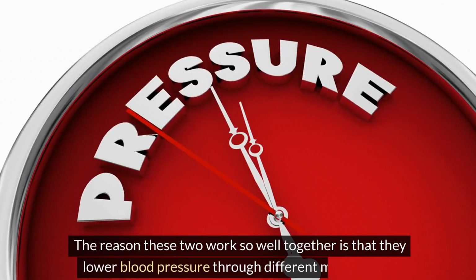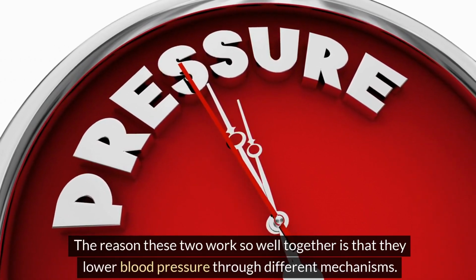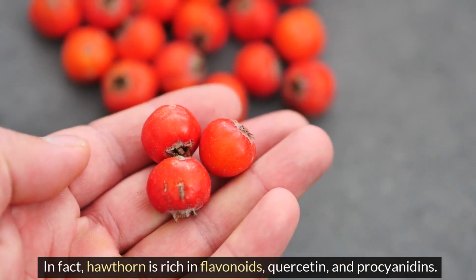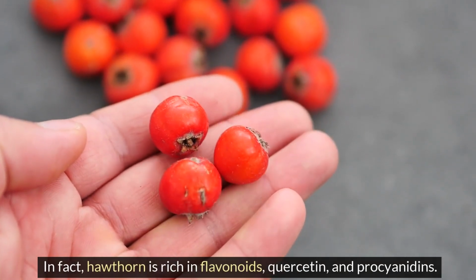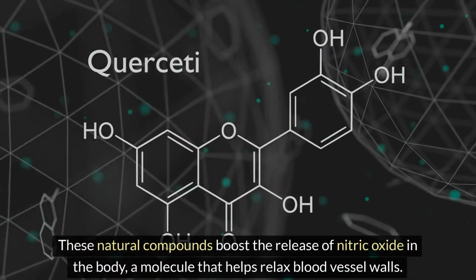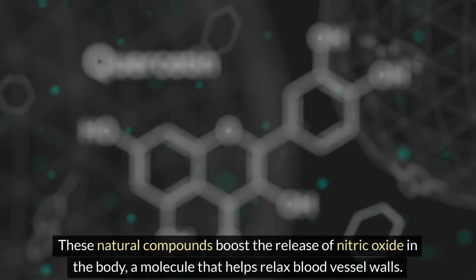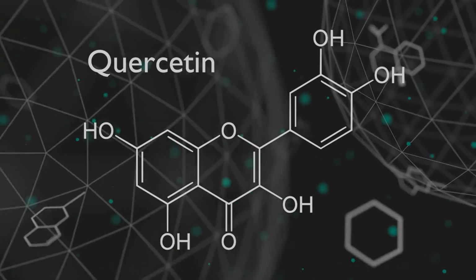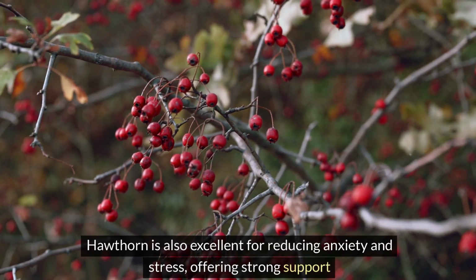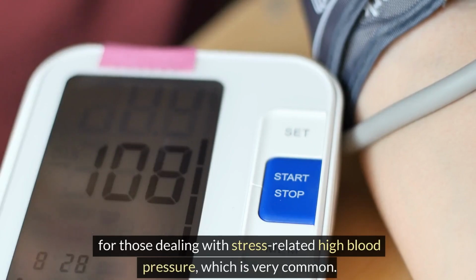The reason these two work so well together is that they lower blood pressure through different mechanisms. In fact, hawthorn is rich in flavonoids, quercetin, and procyanidins. These natural compounds boost the release of nitric oxide in the body, a molecule that helps relax blood vessel walls. Hawthorn is also excellent for reducing anxiety and stress, offering strong support for those dealing with stress-related high blood pressure,